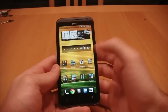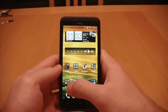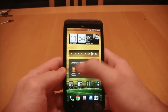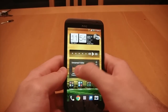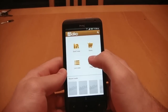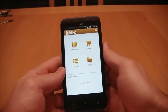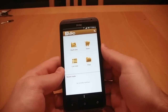This is the folder. I haven't renamed these since I set everything up on my Evo 4G LTE, but this is my read folder, and I would consider all three of these in my top apps. The first one is Aldiko. I have the premium version, and this is my ebook reader. So you can add all your ebooks. I think they take EPUB format and something else, but I have all my ebooks in EPUB, so it didn't